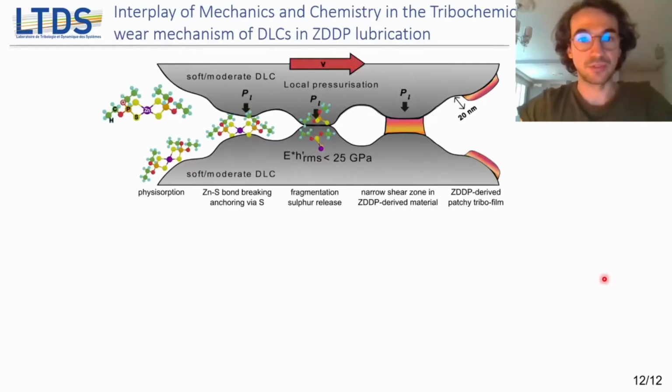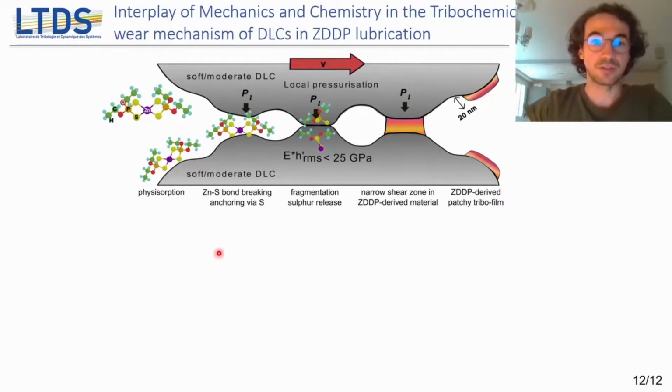So basically, to summarize and to conclude, we can observe two different tribological behaviors. The first for soft and moderately hard DLC, so ACH, AC, and TAC51, where the material parameters of the elastic modulus and RMS slope are lower than 25 gigapascals, then the local pressures are low enough at the contact asperities so that ZDDP is only partially defragmented into two pieces here, and the formation of a ZDDP-derived tribofilm is made approximately